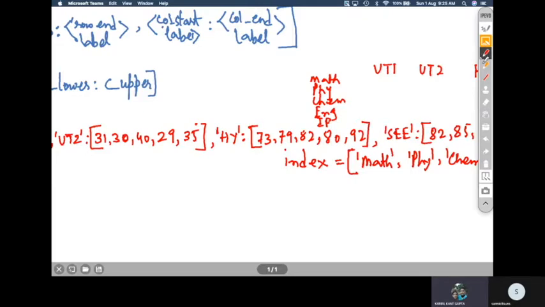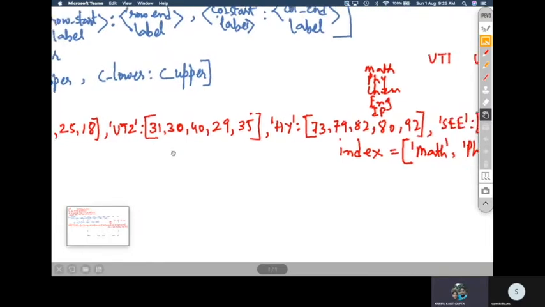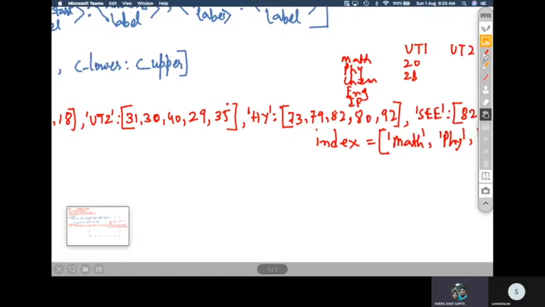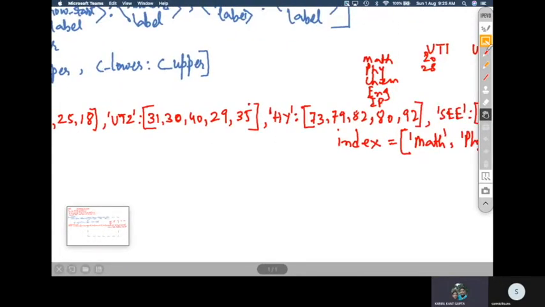So how will the values be displayed? It will be something like this: 20, 28, and then 32, 32, 25, 18, right?